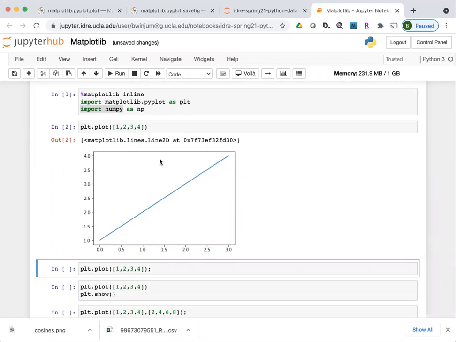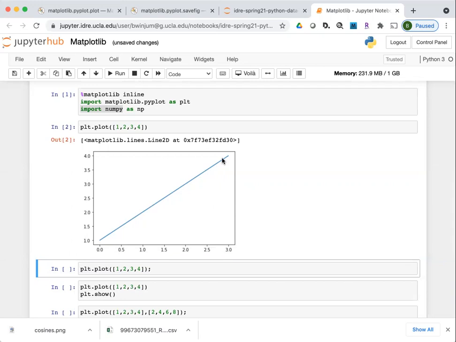What it generates is a line plot. In this particular case, you can't see the individual points that are being used, but if you don't pass in both X and Y values, it will assume that it's just going to plot this based on what the index is in the list. So Python indexes start at 0, it goes 0, 1, 2, 3, and then it plots the points 1, 2, 3, 4. So 1, 2, 3, and 4. And then it draws a line through those points.